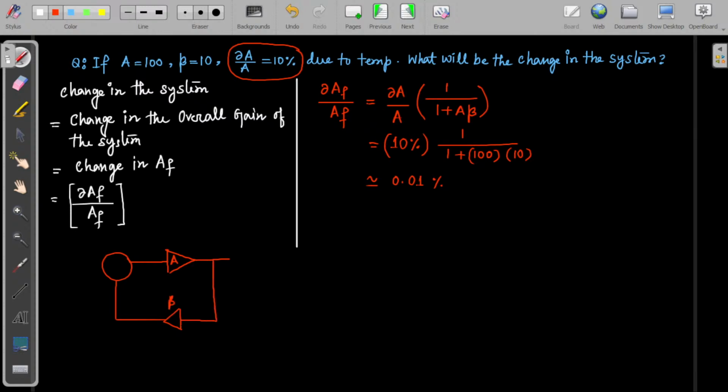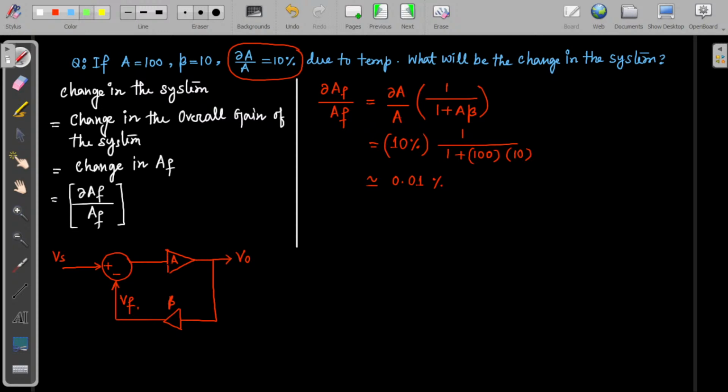So this is the feedback, and this is the mixer. So negative feedback we have used. Here it is V0, here it is Vs, and this is the feedback signal. So what is said in the question? The question says that the basic amplifier,